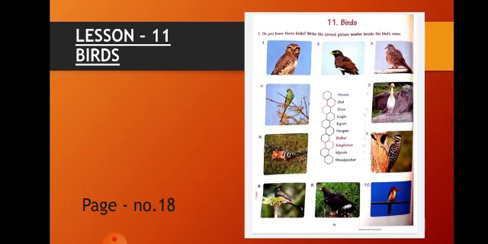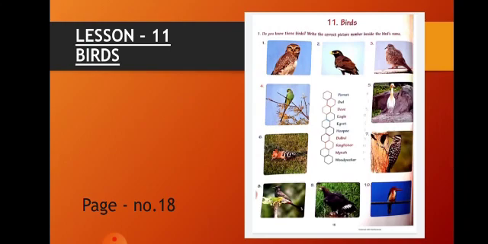But before starting the chapter, let me tell you some fun facts about birds. Birds have feathers, wings, they lay eggs and are warm-blooded. There are around 10,000 different species of birds worldwide. The chicken is the most common species of the bird found in the world. Kiwis are endangered flightless birds that live in New Zealand. They lay the largest eggs related to their body size of any bird in the world.